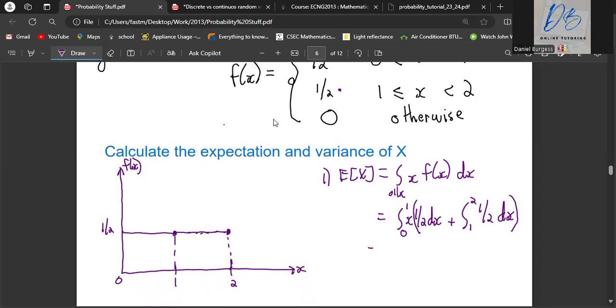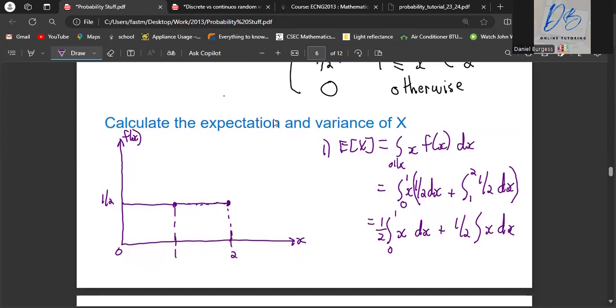Right, so this would just end up being the integral from 0 to 1. We put the half outside, x squared dx plus a half integral of, that's all. It wouldn't be x squared. It would just be x. Right, so this x will multiply. You won't get x squared. You get the x, integrate. So now this would be a half